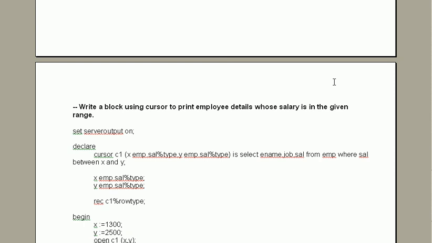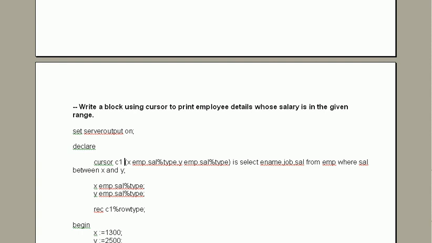this is the PL/SQL code which uses the cursor having parameters. So this is the parameter of the cursor. First parameter is x, second parameter is y. And what is the meaning of this? First of all, see here,